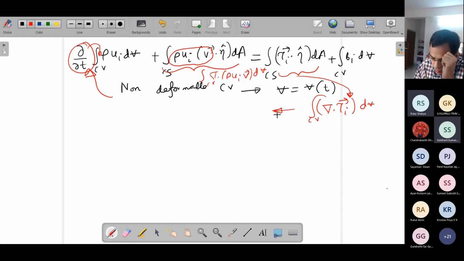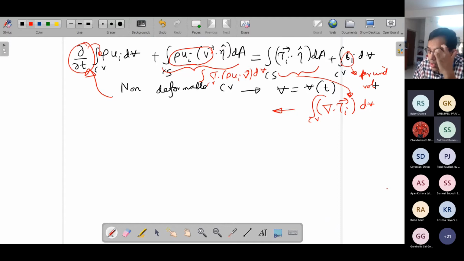See, when we have a divergence of a vector, say you have a vector. Excuse me, sir. Yes, yes. Sir, for body force, it should be rho Bi into dV. No, we have assumed B is body force per unit volume. Okay. So what you are talking about is, if that is considered as body force per unit mass, then that rho comes. Is Bi? Yes. It is per unit volume. So you simply multiply by volume.